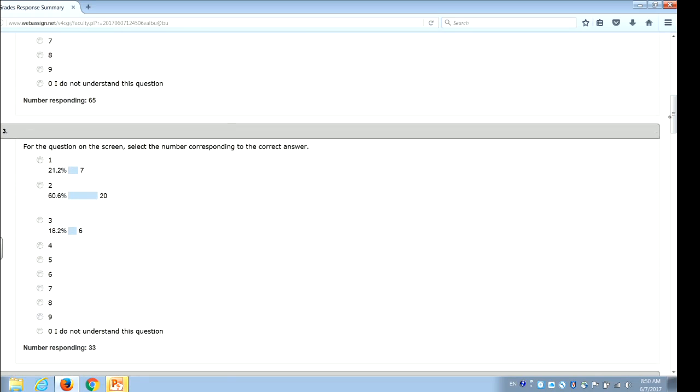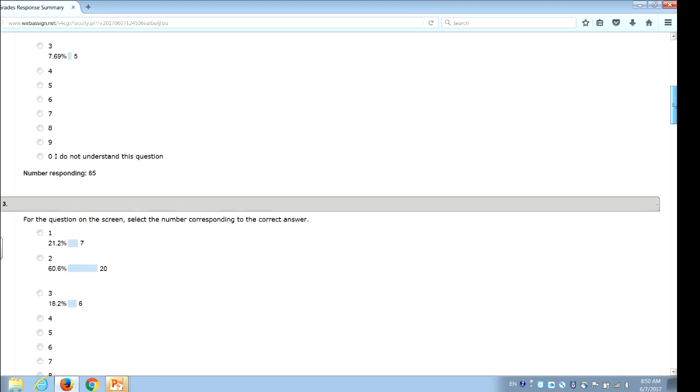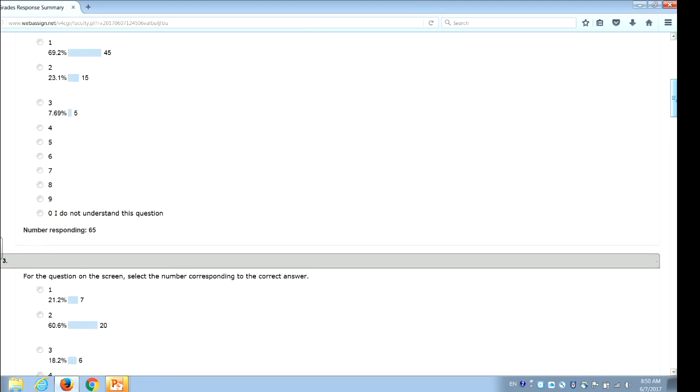I do see the change in the distribution. Again, I'm not saying anything so far, but you can see that the distribution has changed. Before you did all that work, most people chose answer number 1. After, most people chose answer number 2. What does it prove? What does it say?